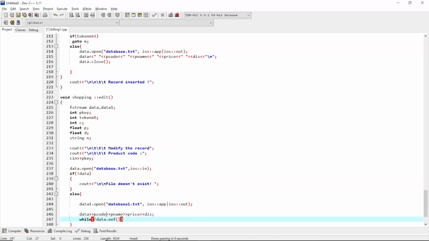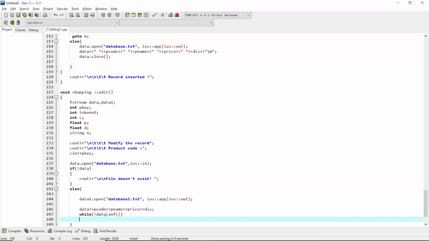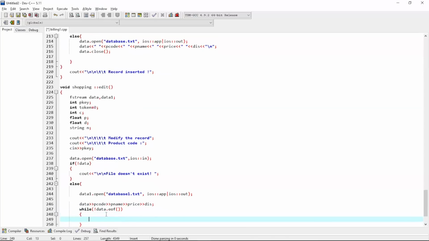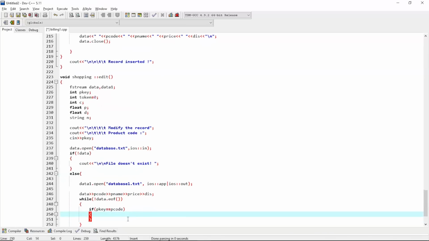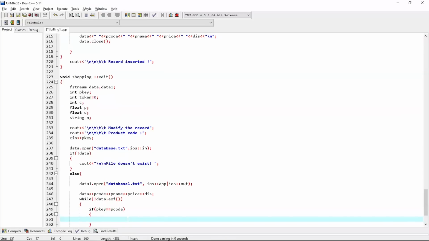It will check each and every content of the file. Alright, now using an if statement we will check if p key equals p code. P key is the code that is entered by the administrator which he wants to edit. So if that matches,